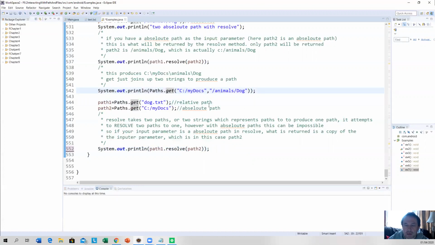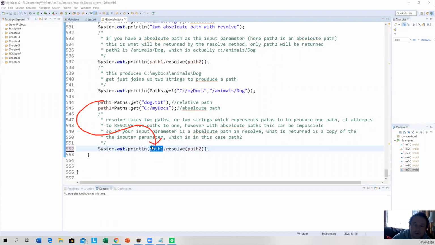All that happens with those two is it produces C:/my_docs/animals/dog. Now this one up here is a relative path, this is an absolute path. So path 2 is a relative path, this one is path 1, and that one is path 2. Now, path 2 is an absolute path and path 1 is a relative path. What matters is that this one is an absolute path. So that is going to return